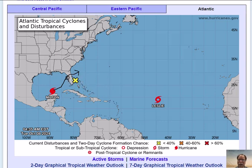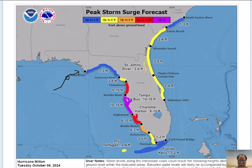But nonetheless, as a hurricane, it'll cross over into eventually the southwestern part of the Atlantic Ocean. Well, here's a look at the latest peak storm surge forecast by NOAA's National Hurricane Center. Again, with landfall in and around the Tampa Bay region in a track like that, that puts Tampa Bay and areas just to the right of that landfalling hurricane in the likely most